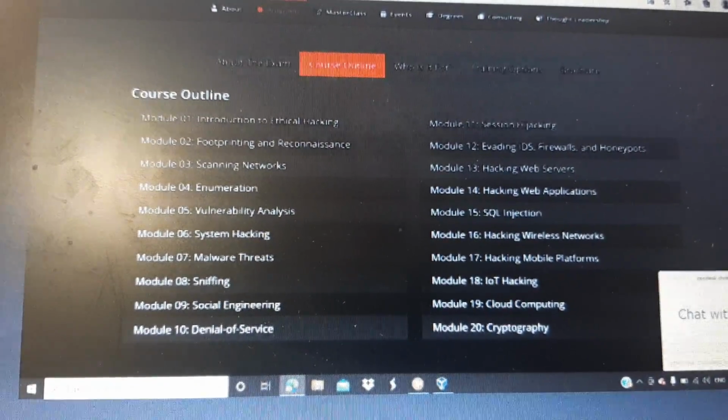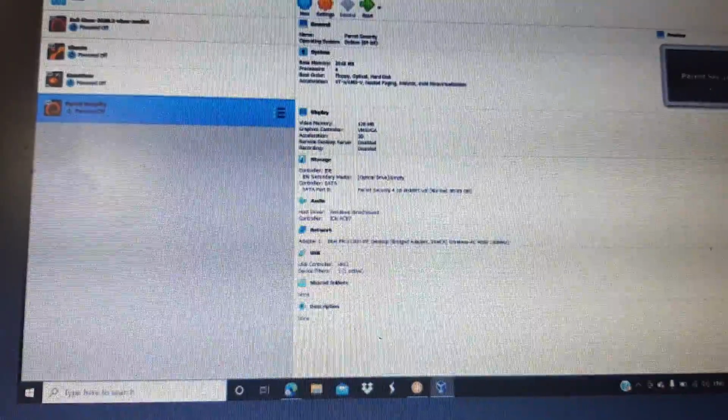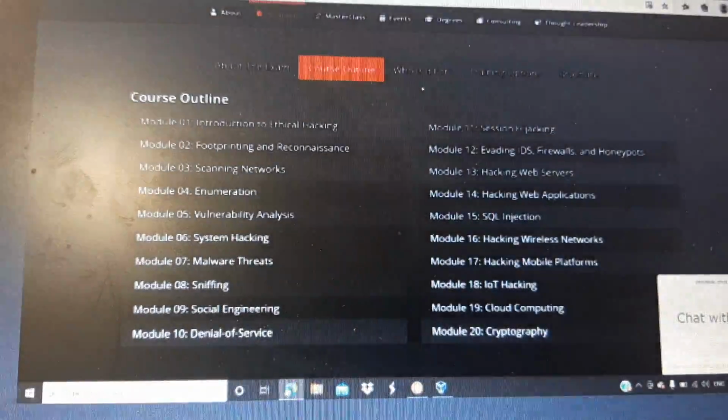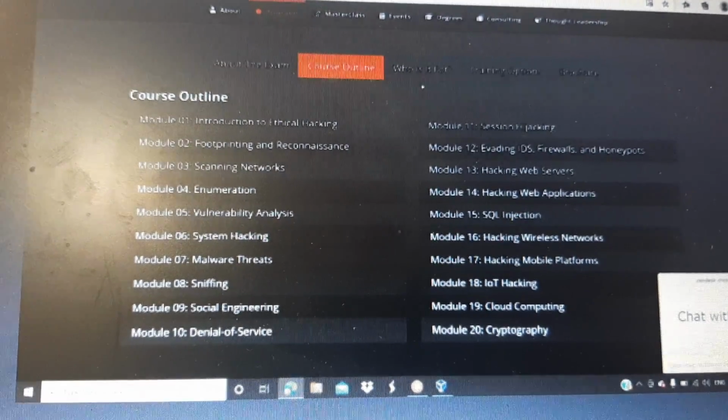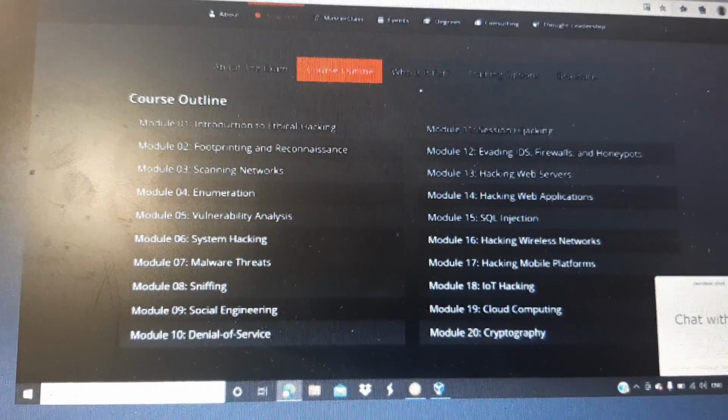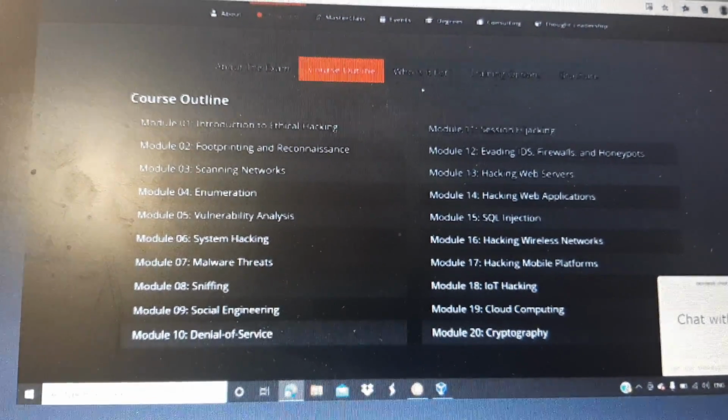With the lab setup, I'll be having my own lab, which I'll be using with Kali and Parrot, Windows or other operating systems. With the help of these operating systems, we are going to simulate each and every attack, like website hacking, sniffing passwords, password cracking, brute forcing.